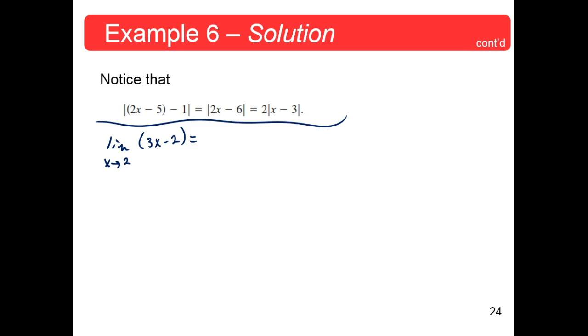Four. Plug it in, plug it in. 3 times 2, 6, minus 2, 4. Okay? And sure enough, that's what they say. Okay? So we're looking for,